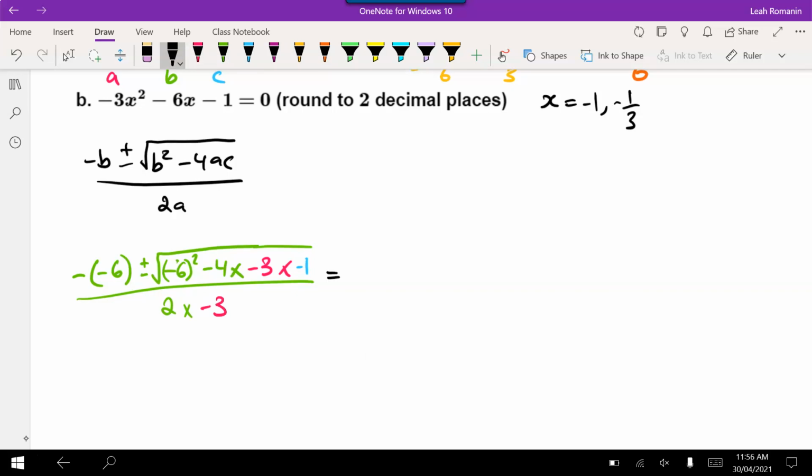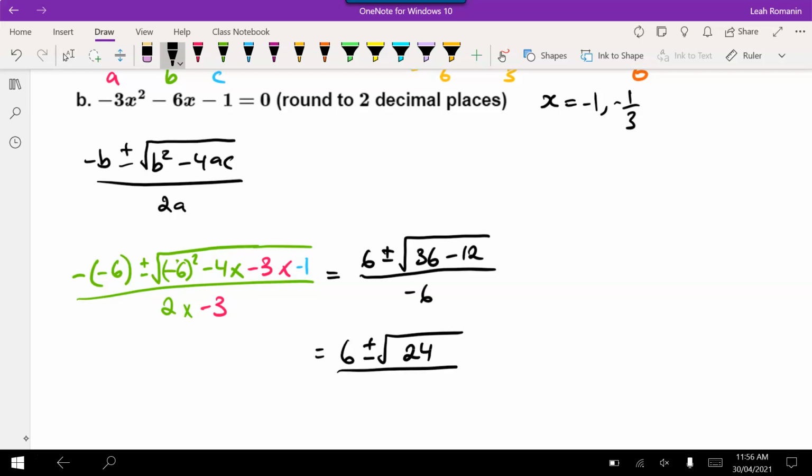Okay, so let's simplify. Negative of -6 is +6, plus or minus the square root of 36. -6 times -6 is +36. -4 times -3 is +12, times -1 is -12. Over 2 times -3, which is -6. Okay, simplifying again. 36 minus 12 is square root of 24, which this time we've not ended up with a square number,